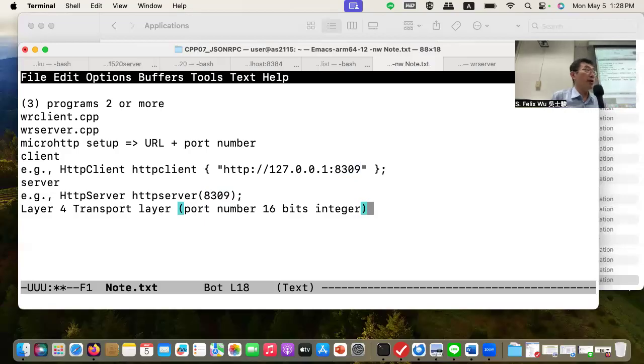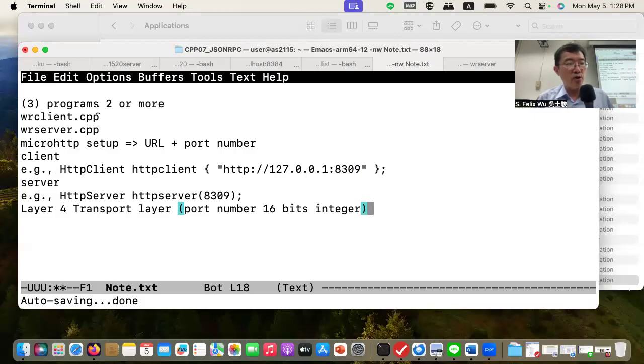So in other words, there is a limitation on how many different ports you can have on a single machine, which is 2 to the 16. You can only have 2 to the 16 different programs accepting incoming connections. You can run many programs, but only about 2 to the 16 can have different ports. All right, so this is the third part that you have to set up